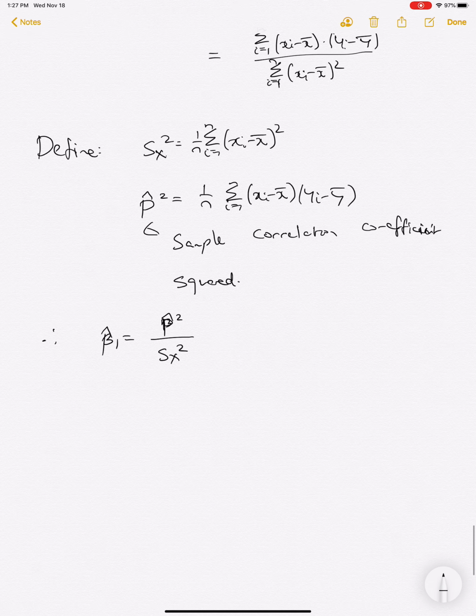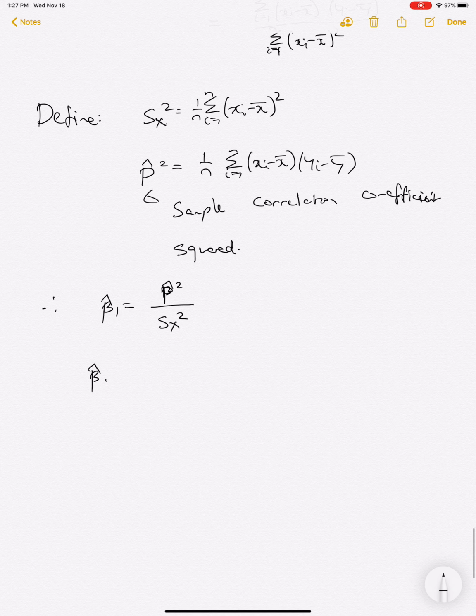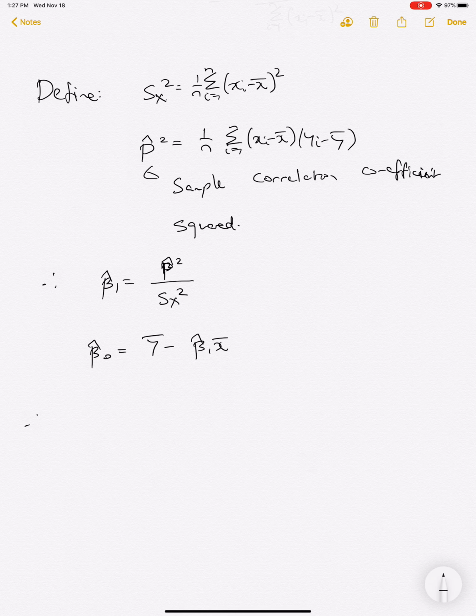And then we have that beta hat 0 is equal to y bar minus beta hat 1 times x bar. Okay, and so this gives an interpretation that therefore beta hat 1 is just